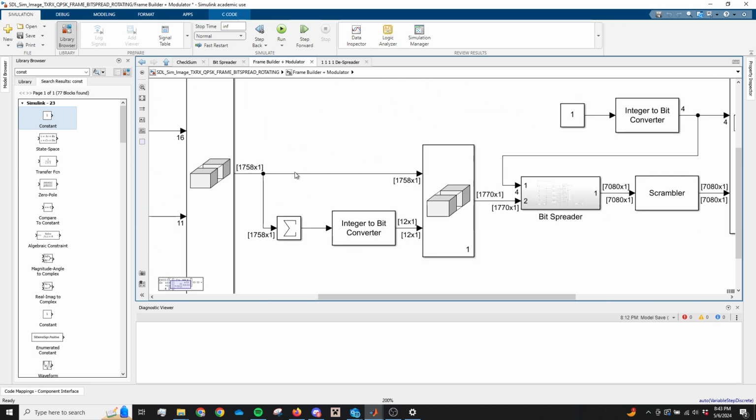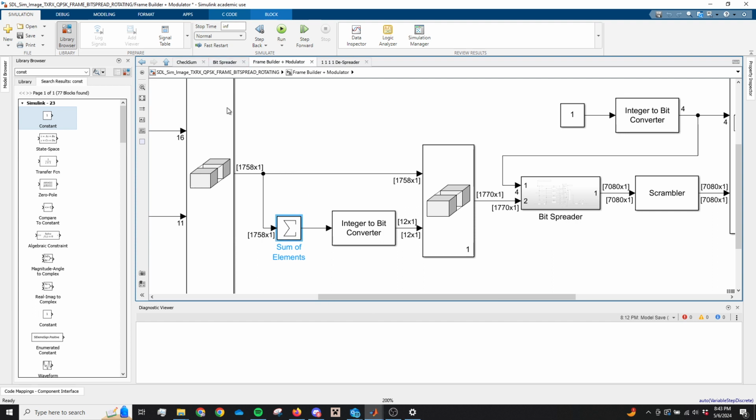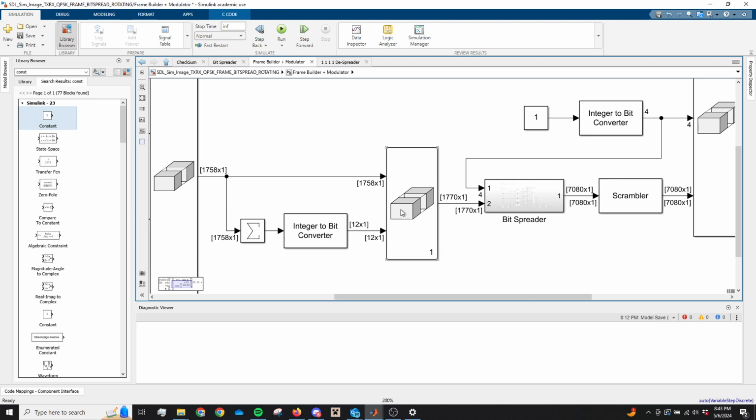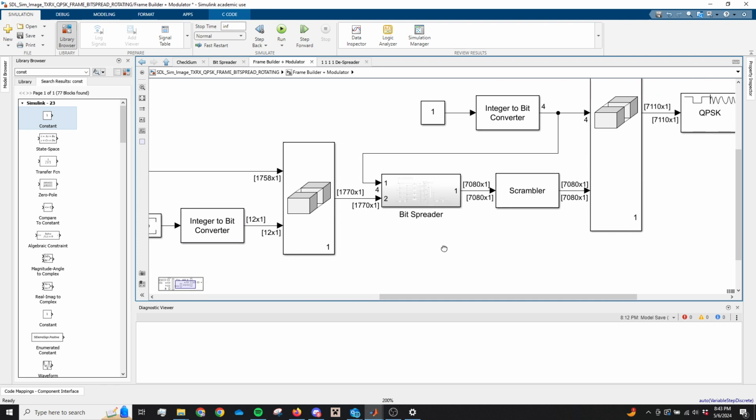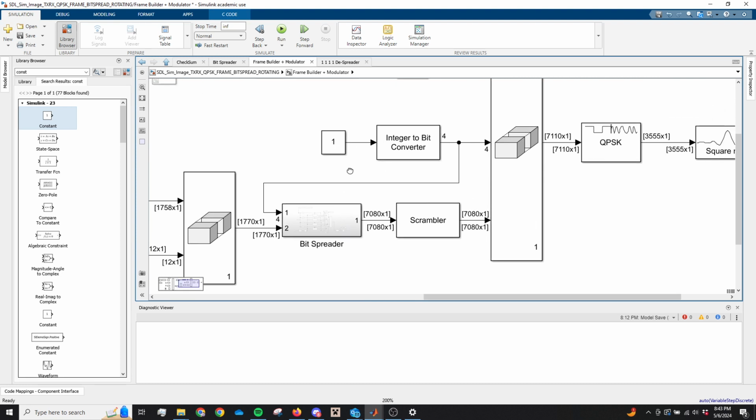Here, we establish a checksum. So it sums up all of the bits in that entire array and converts that integer to another bit value that is 12 bits long. And then that is concatenated with the data and sent along to the bit spreader. Before I go to the bit spreader,